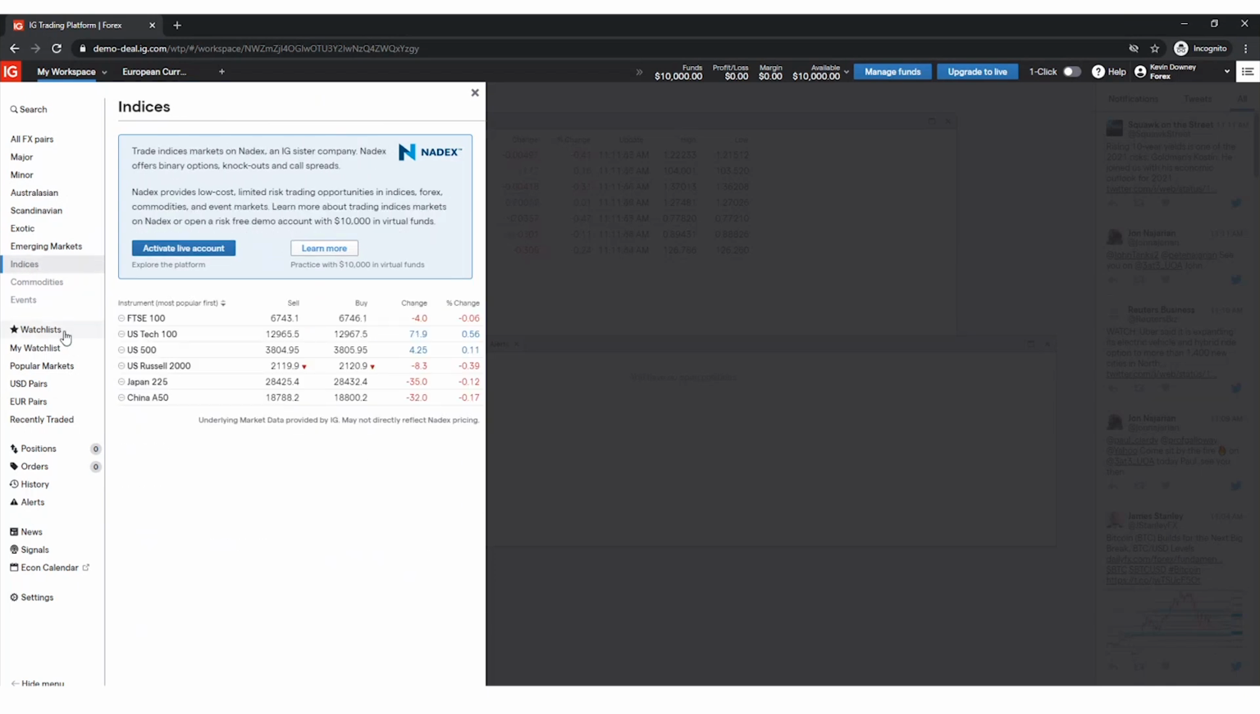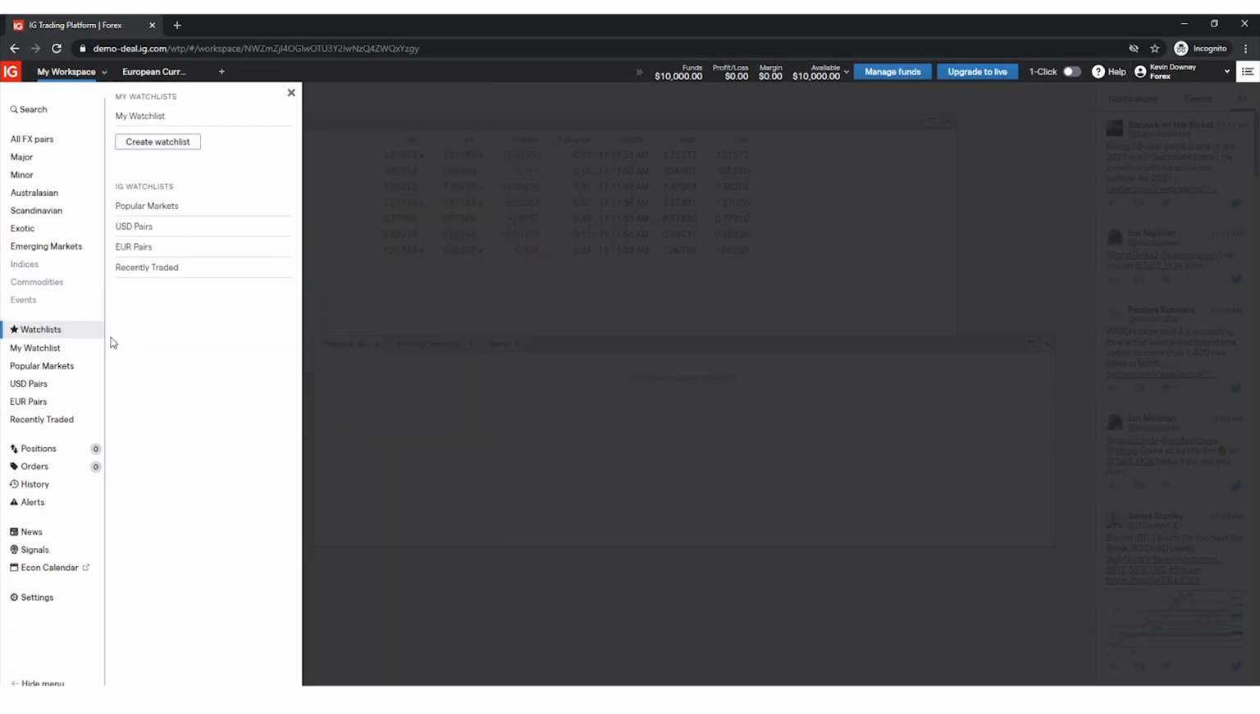So as we continue down this column, we have a watch list. So we can make a watch list of different currencies. So if you don't like the groupings that we pre-made, the ones up here, you can make your own watch list and you can add whatever currencies you want to it. So we're going to make a watch list right now. So we're going to click